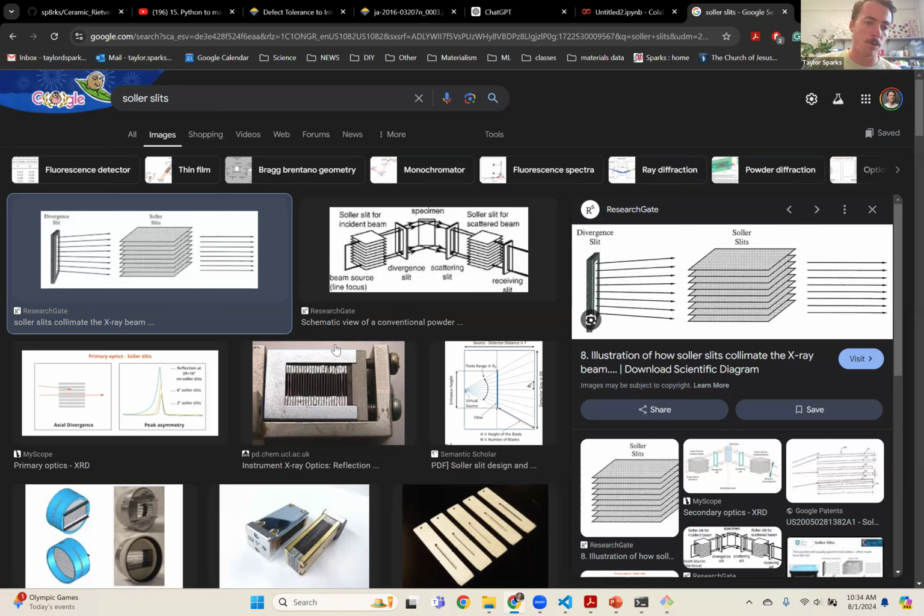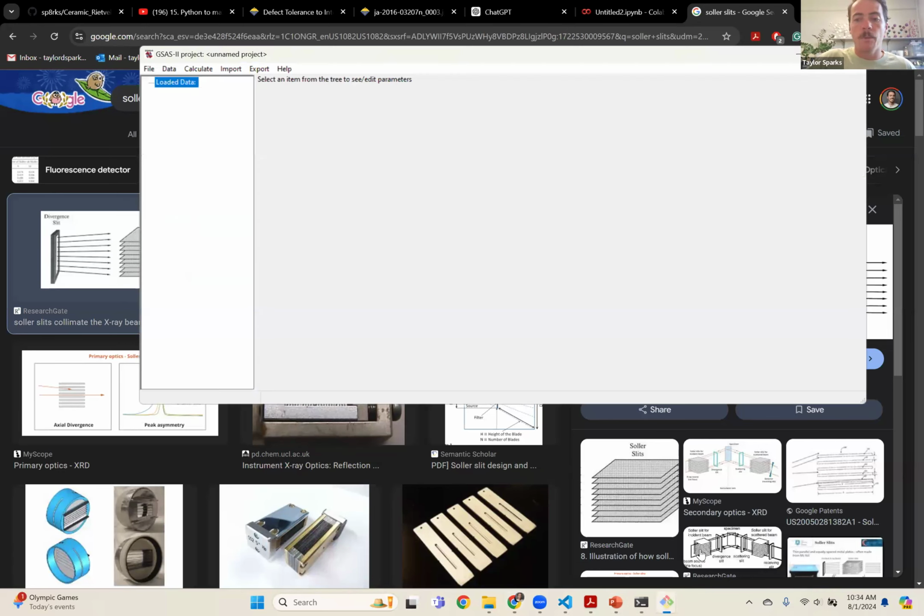But in your example, where I'm seeing that those asymmetries are so intense, it would be worth going back and rerunning your experiment, if that's still an option, and using some tighter Soller slits, because that will annihilate this asymmetry problem. If you don't have that option, then what you have to do is open up your GSAS,